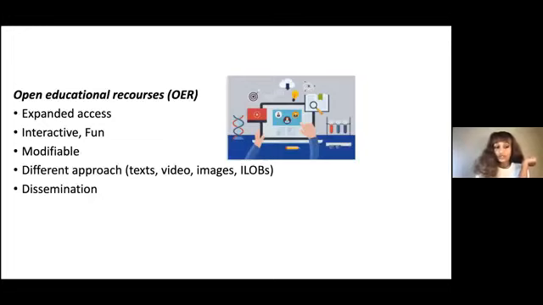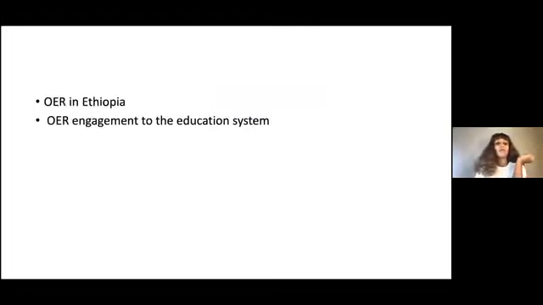Through these open educational resources, we can approach our students in different ways. We can prepare texts, record video, collect still images, and include interactive learning materials. Dissemination is also done very rapidly compared to traditional classwork or textbooks. So compared to the classic method, open educational resources are nowadays very advantageous, and they are redefining the education system. They are beautiful materials for challenging traditional work and innovating the education system.